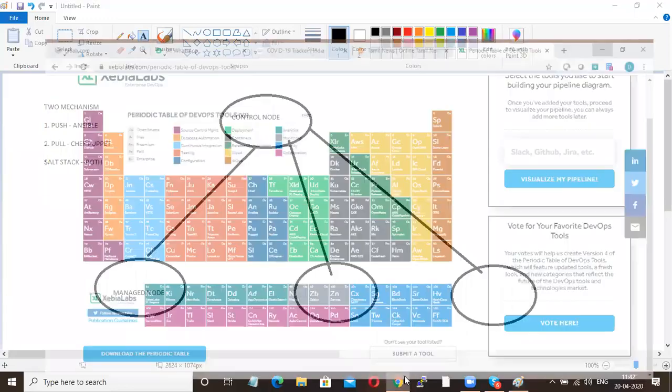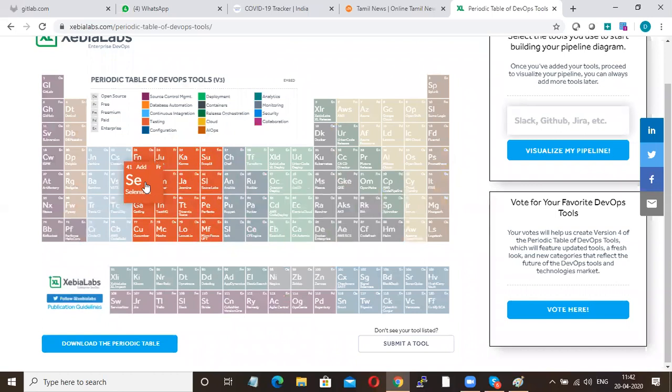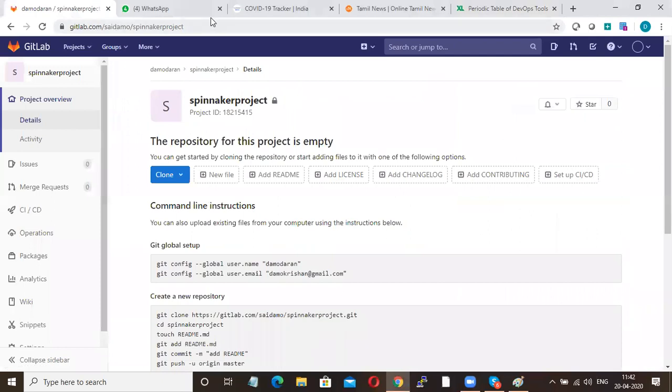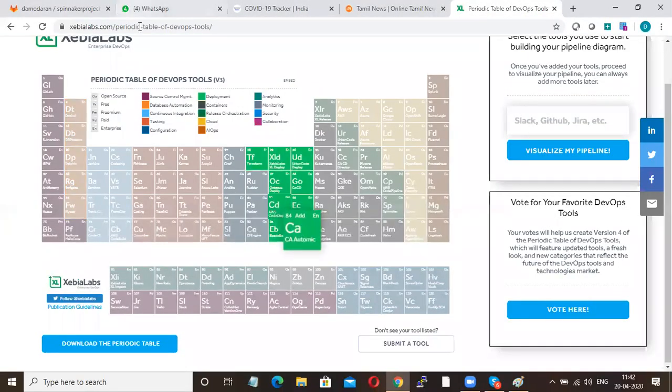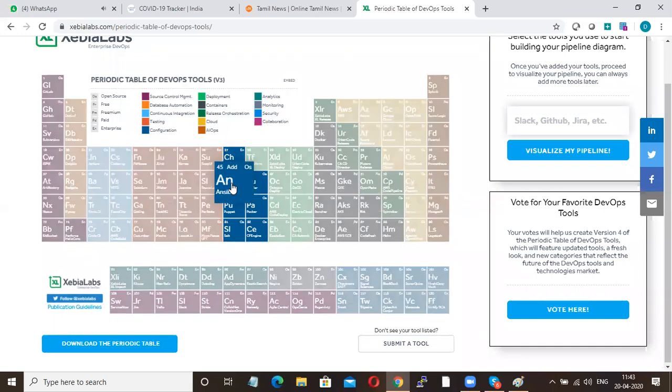Fine. And as I said, these are all DevOps tools. Not only these, we have so many DevOps tools, but these are the most widely used DevOps tools. So if you ask me which DevOps tool has very good documentation, I will say it is Ansible. Ansible has very good documentation compared to other tools.